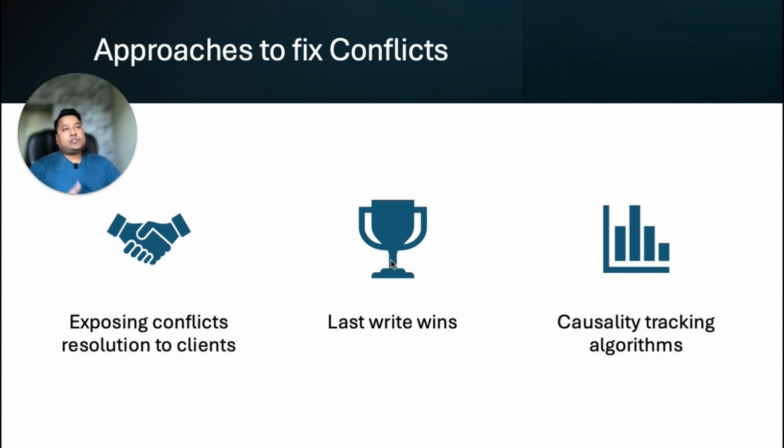Many organizations, if you see Amazon and AWS, have implemented Amazon DynamoDB, right? They are also using it for conflicts. Cassandra is also using a kind of last write wins resolution technique to fix the conflict, right? And so many organizations are coming up with revolutionary techniques to solve the conflicts during write or read operations. Now let's understand what it means by last write wins, right? So if you move on,